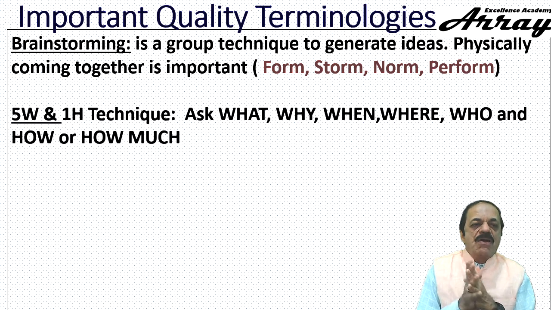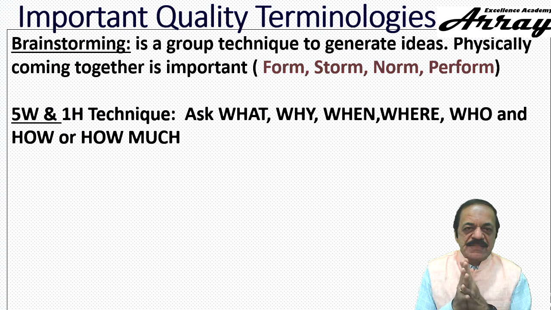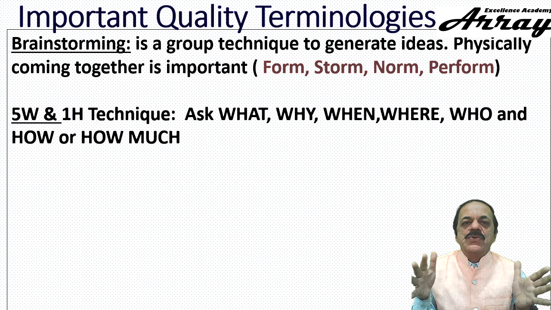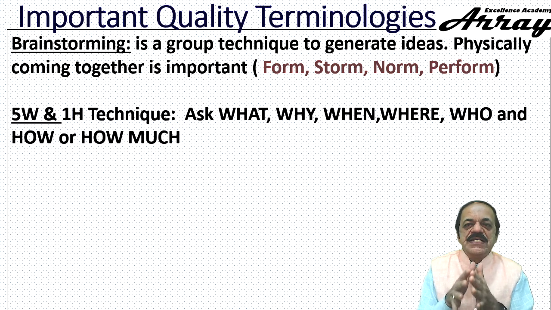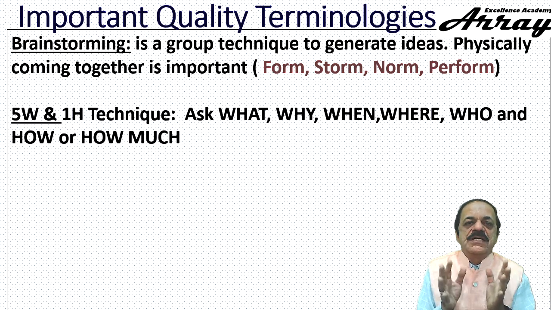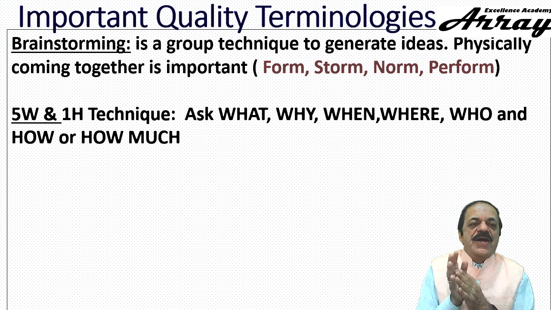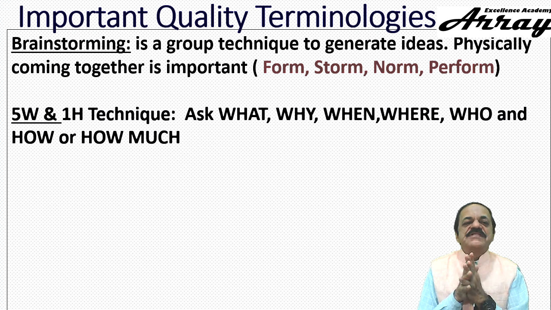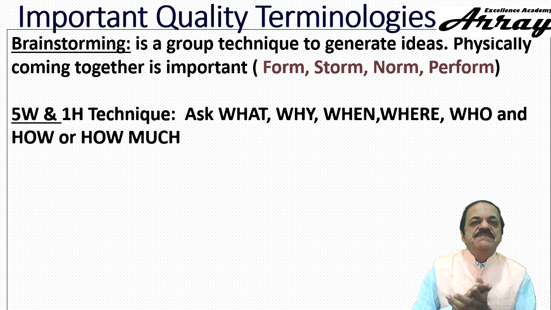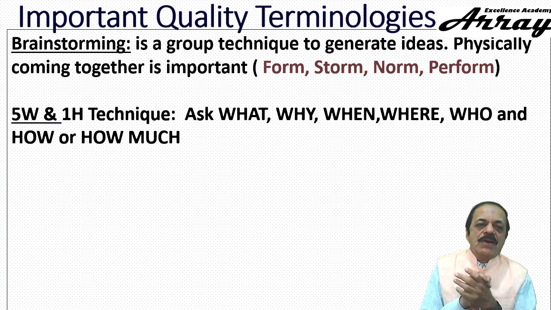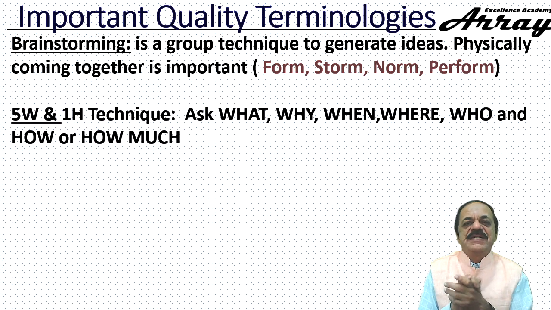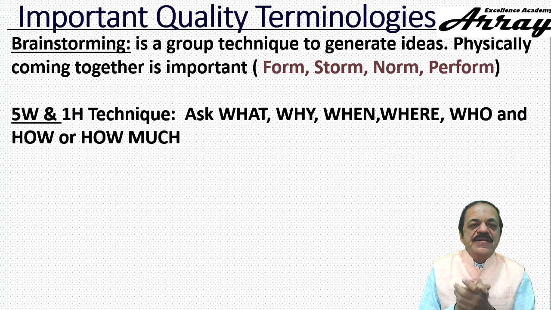Now there is one more called the 5W and 1H technique. This is one technique that will help you to have an overview of the situation. Wherever you have a quality problem, you need an overview, and only then can you give a holistic solution. This is helped by 5W and 1H. Sometimes people say 5W and 2H. This may also help you reach the root cause, but there is another tool for root cause analysis which is predominantly used, called the Why-Why technique. I'll explain that later.